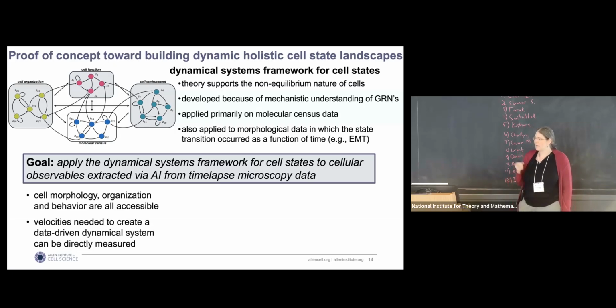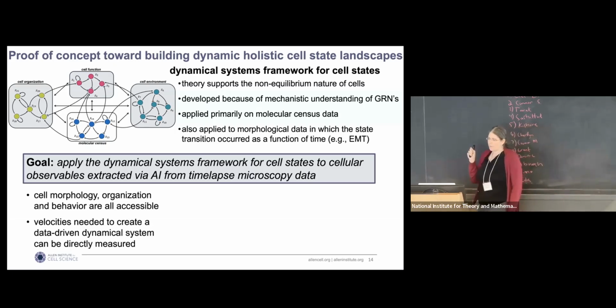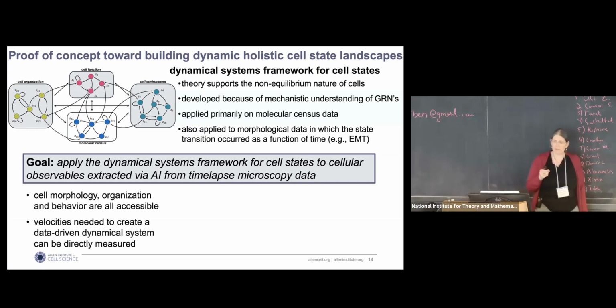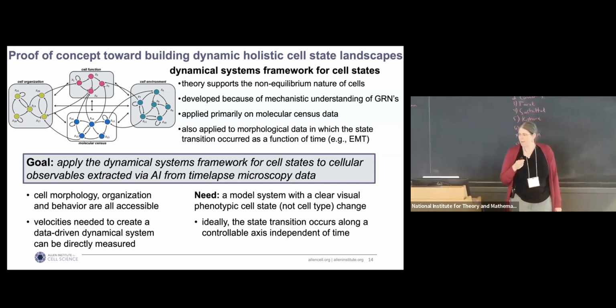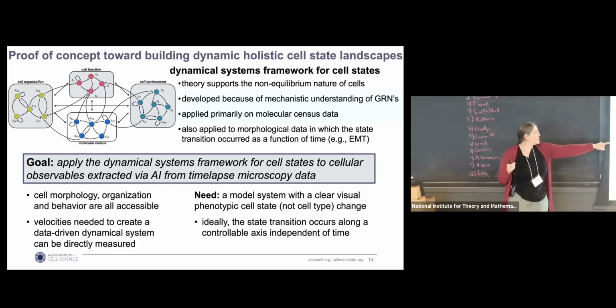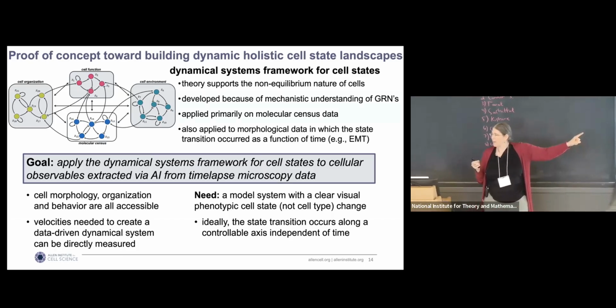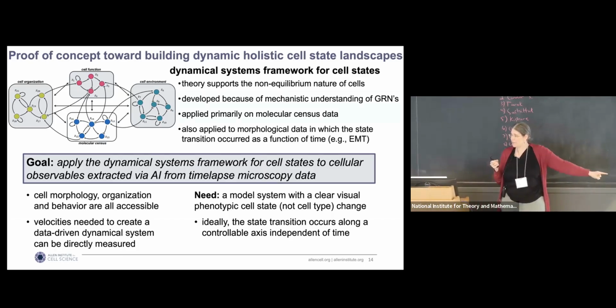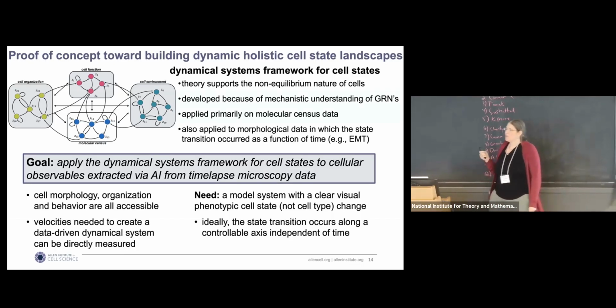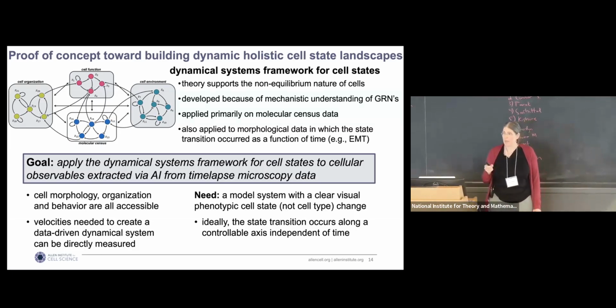It allows us to have direct measurements of the velocities needed to create the data-driven dynamical system. And what we then need, if we want to ask this question in the absence of focusing on the molecular changes, is a model system with a clear visual phenotypic cell state change, not cell type change, and ideally one where the state transition occurs along a controllable axis independent of time. So I'm going to introduce you to that model system and to what we're going to do to ask whether, with these completely non-molecular image-based observables, we can use this type of framework to show what